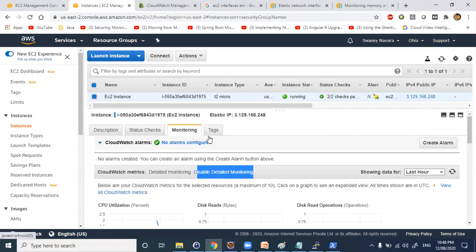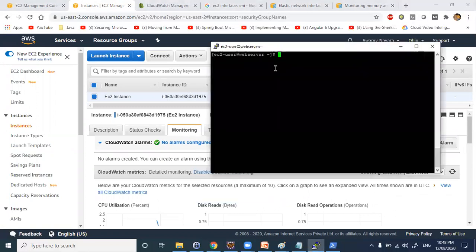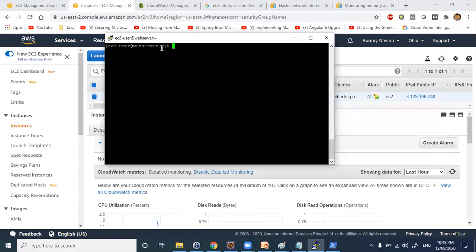Now, we have an EC2 server here, right? In this EC2 server, let us install the Nginx web server, and we will see whether this EC2 machine can be accessed through our web server. If you are not aware of the Nginx web server, Nginx is a server similar to Apache Tomcat, but it is purely for web hosting, like website hosting.